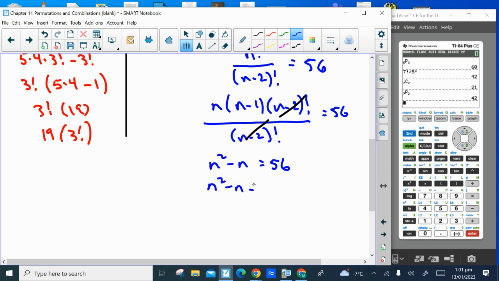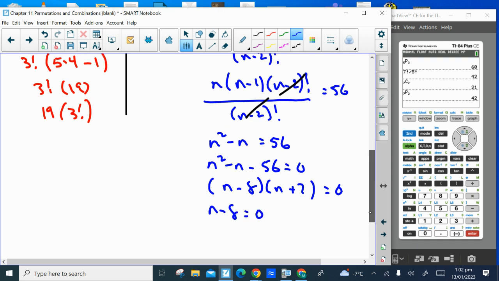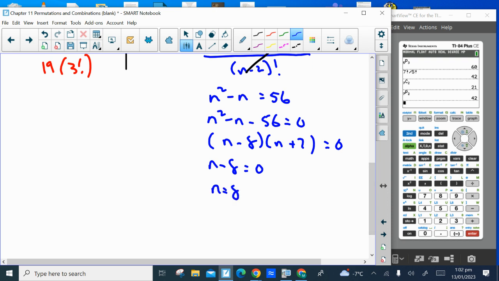Whenever you have a quadratic to solve, we always make it equal to 0 so that we can do what? Yes, the F word in math. We're going to factor. n minus 8, n plus 7. Negative 8 times 7 is negative 56. And negative 8 plus 7 gives you your negative 1. So our solutions would occur where each factor equals 0, which would give us 8 as one answer. And the second factor, n plus 7 equals 0, that gives us negative 7,